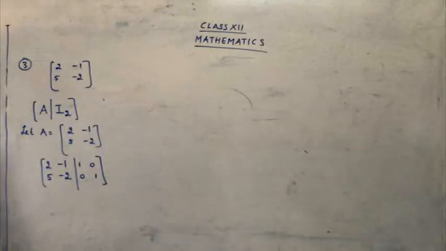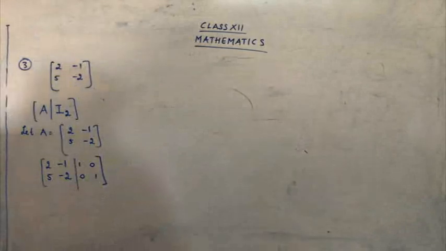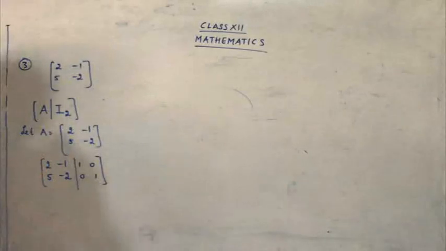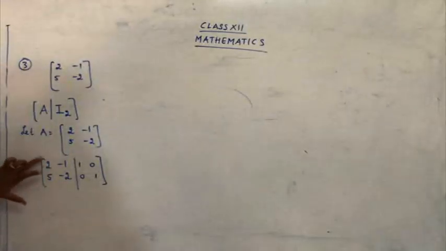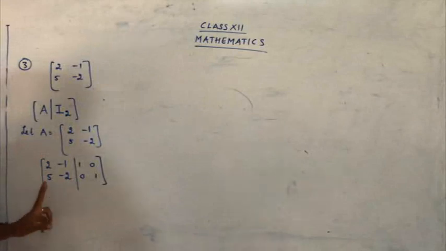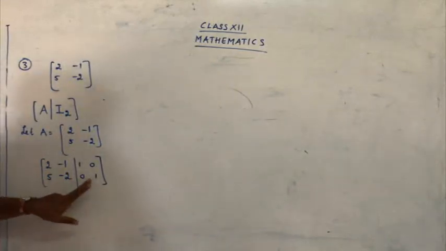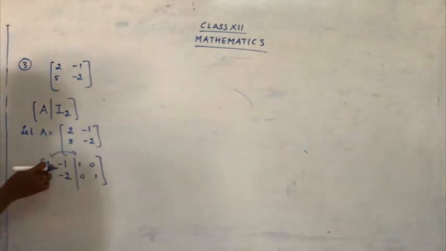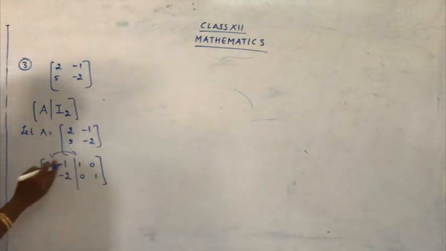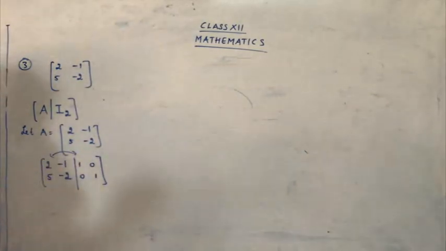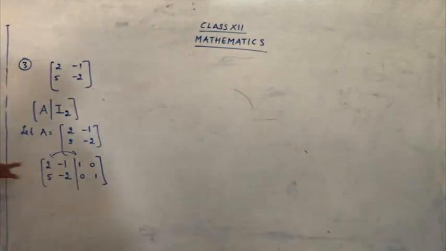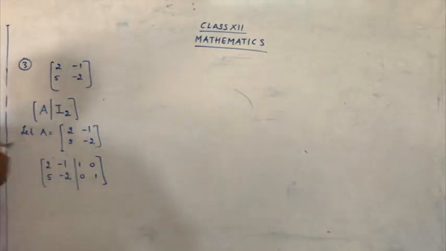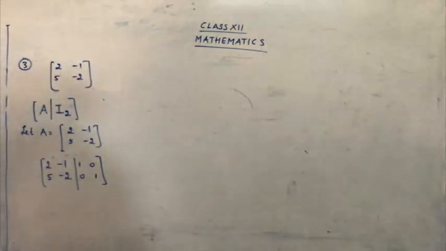Now what are we going to do? How are we going to find the inverse here, children? See now this 1, 0, 0, 1. They are saying that we transform a non-singular matrix. So this is a non-singular matrix over here, and we are going to transform this matrix to this side. We are just interchanging; you are going to bring 1, 0, 0, 1 here. But I cannot interchange them directly. We have some steps to be followed so that we get 1, 0, 0, 1 here. Are you clear, children?